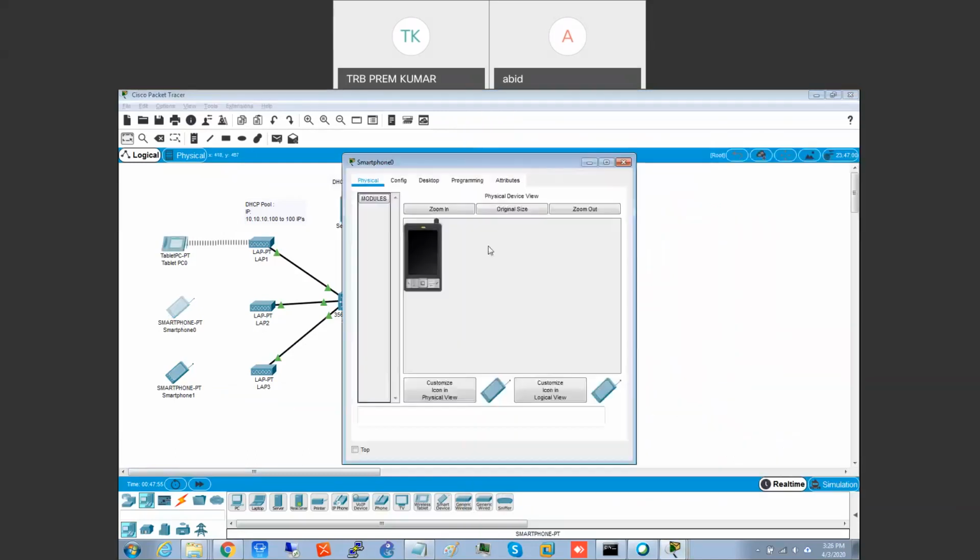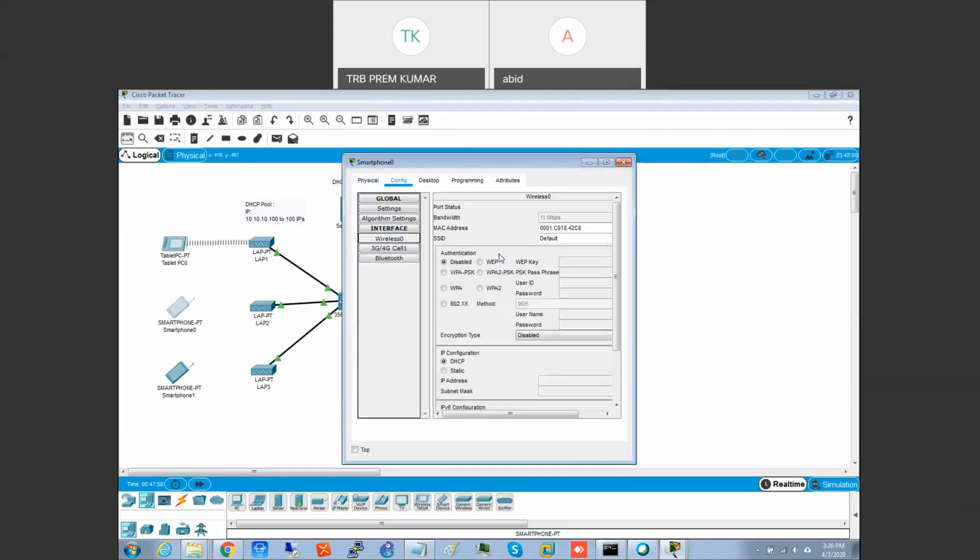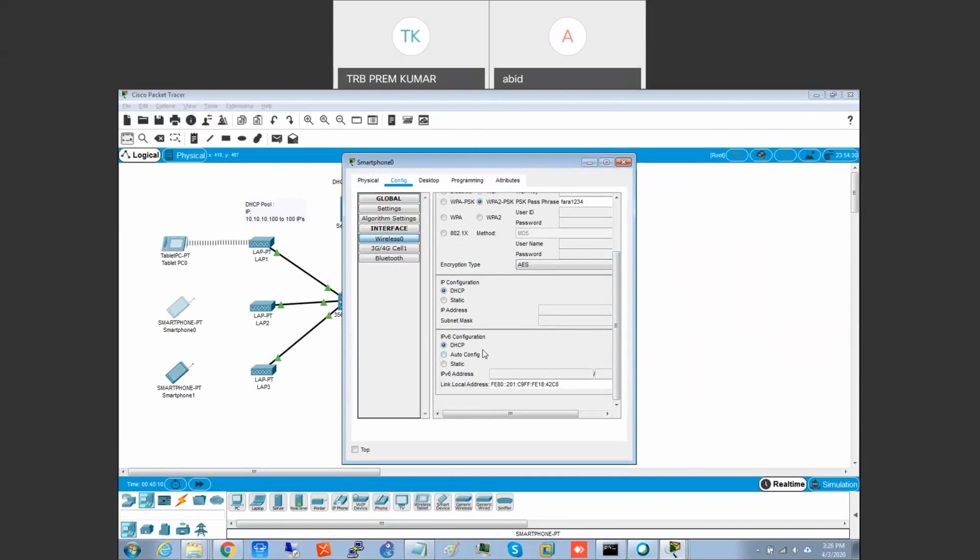Okay, we'll do this here also. Student, and WPA2, passphrase. 104 came, see that?